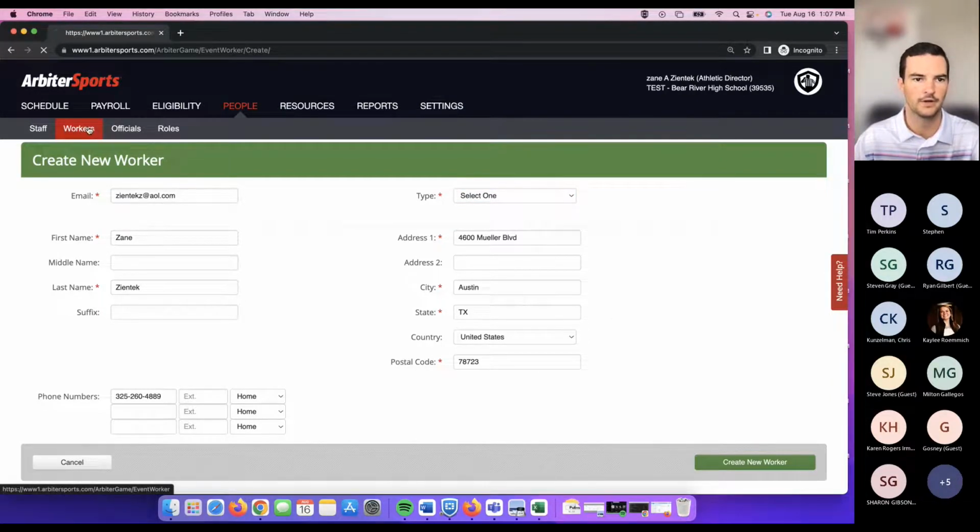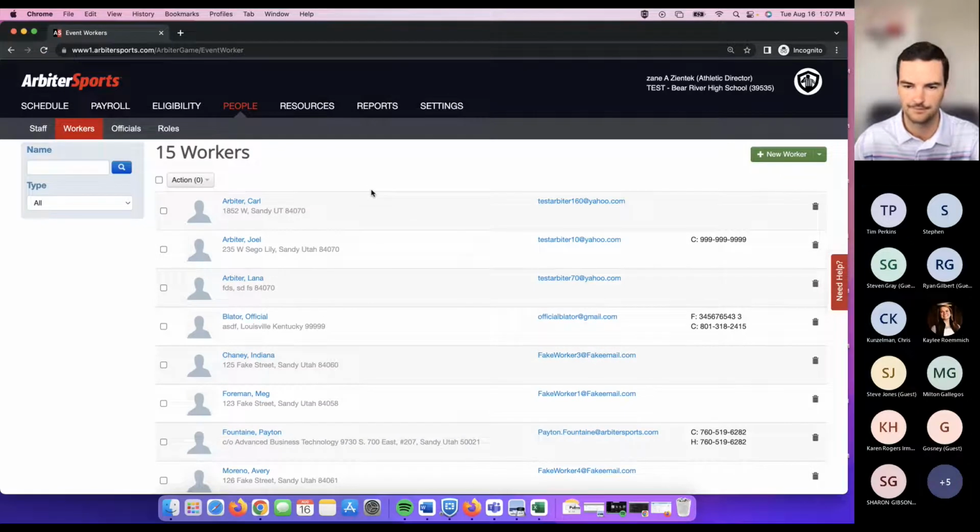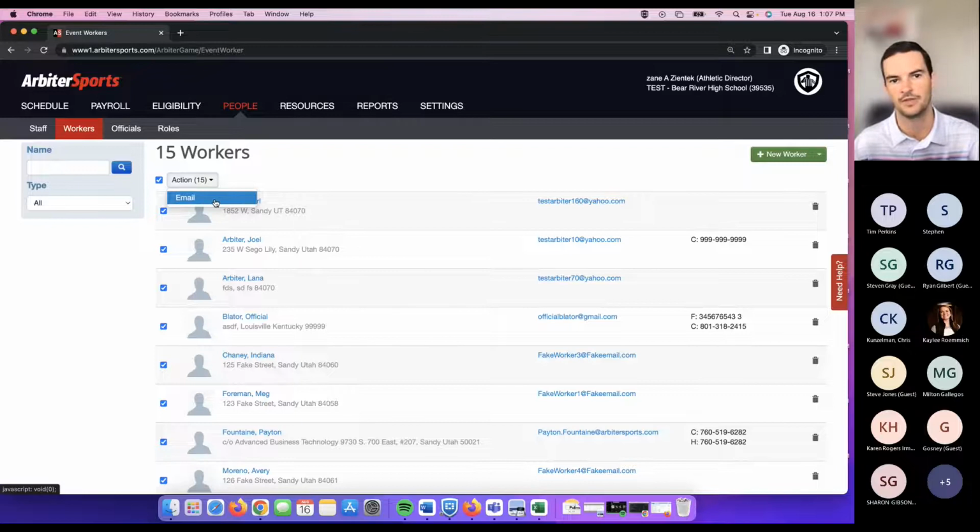It will add that worker to your workers list. A few additional things about this workers list. You do have the ability to email workers. So you can come here and click on individual workers, or if you wanted to select all, you could, and click this action button,